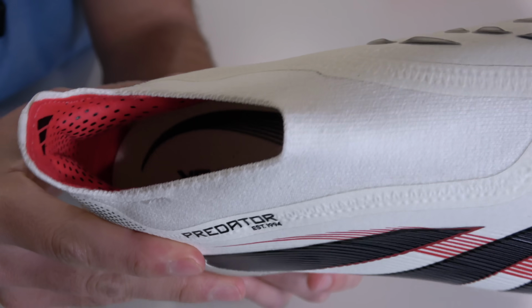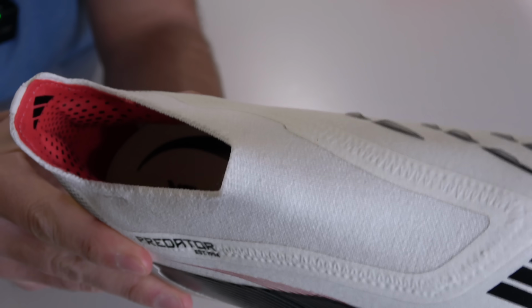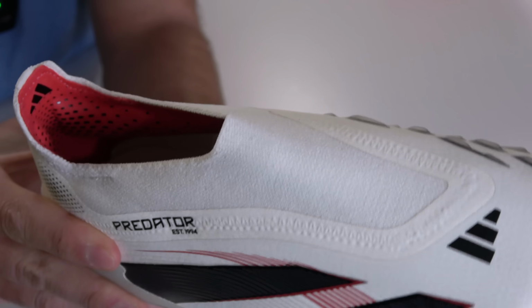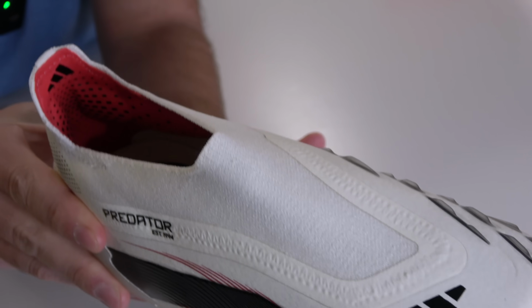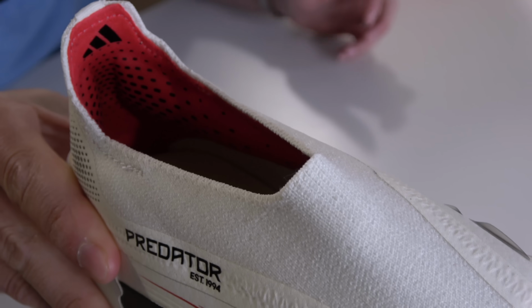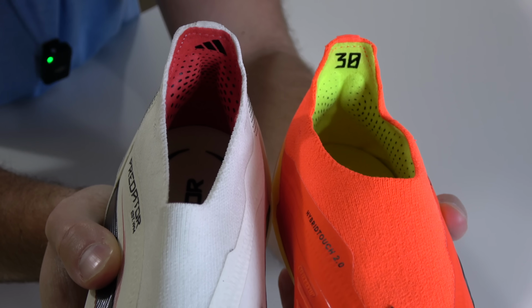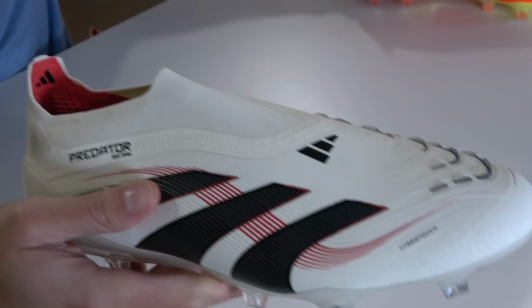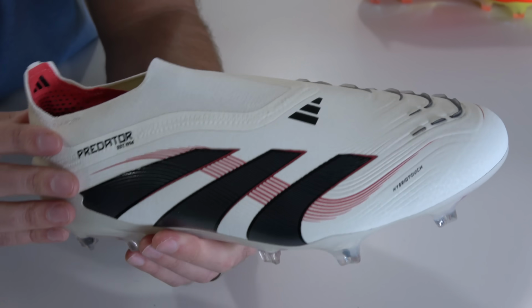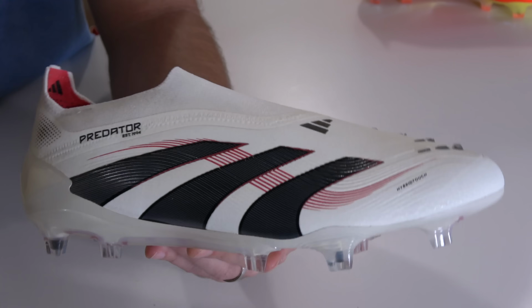If you look at the heel liner, it's still a microfiber lining material with those two separated heel bumps running along the side of the ankle to the back of the heel. Notice the spacing between the two bumps at the very back. They're now slightly further apart than they were with the previous generation, which, you guessed it, makes for absolutely no noticeable difference whatsoever. Personally, I would like there to be a little bit of extra padding back here,